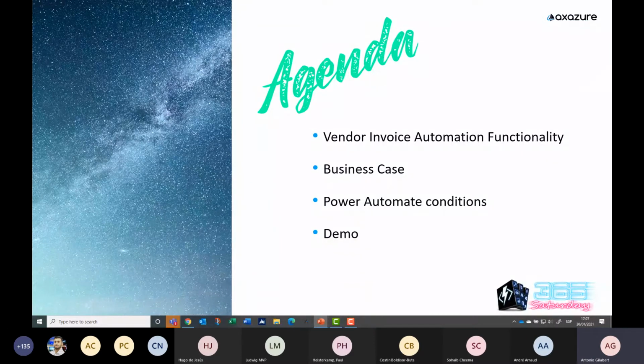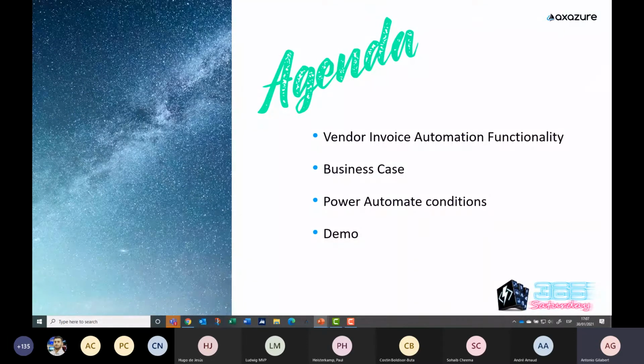So our idea is to explain a real business case that we have found in other customers, and the way we have solved it without code, using Power Automate and vendor invoice automation. And I think you can go out from this session with a great idea if you want to deploy it in your customers or in your companies.